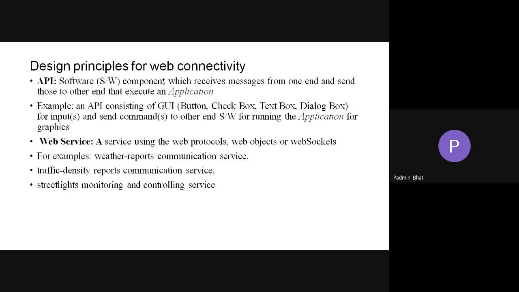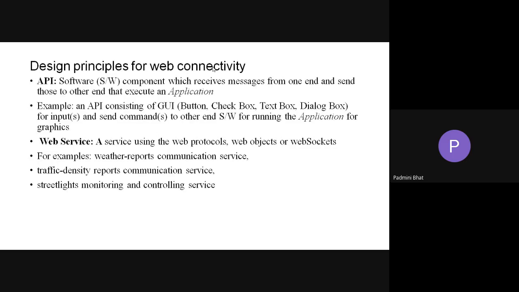Fine. Today we will start with design principles for web connectivity. In front of us there is a challenge of connecting the web, that is the internet, to IoT or M2M, machine to machine.